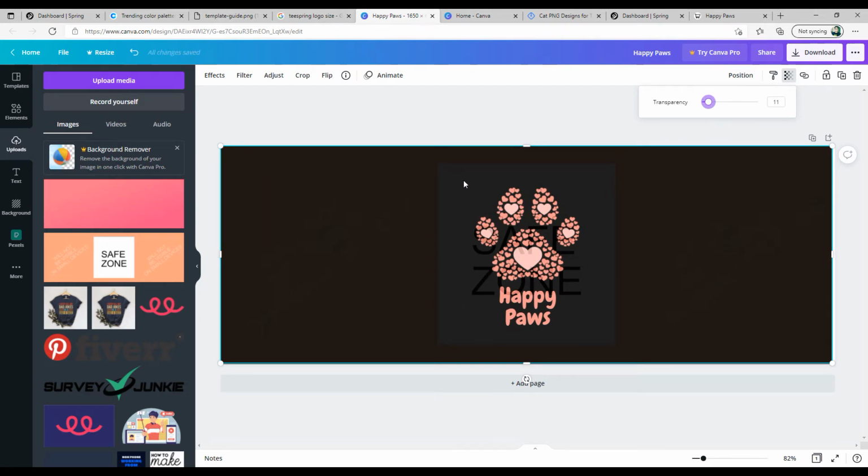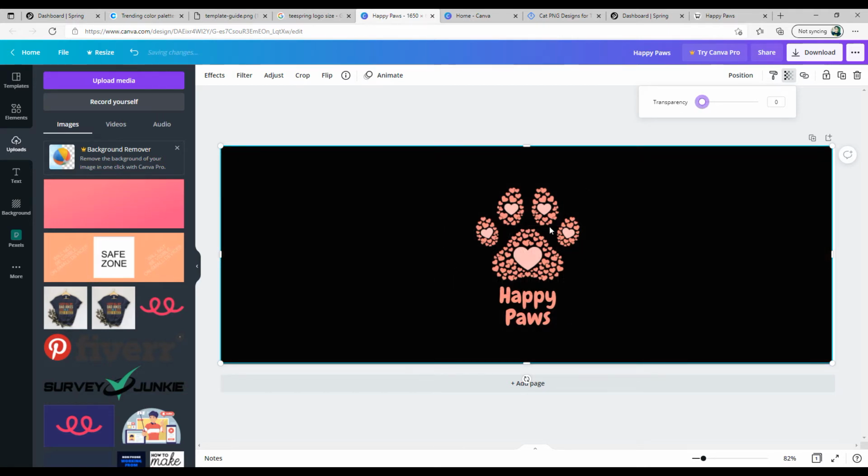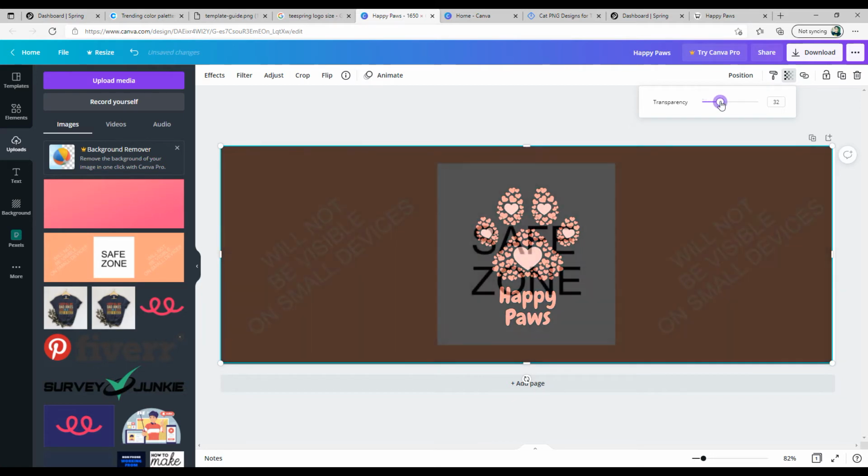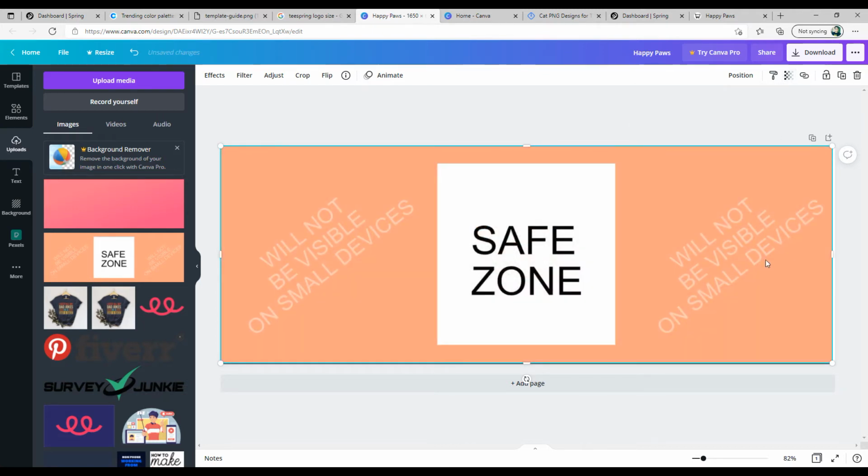This is the area which is going to show up on the mobile device, and you want your important element to be on that particular area. You should not go outside that safe zone area. If you see here, this is the safe zone area, and this design should not go outside, because if it goes outside, then probably there is a good chance that this is going to be cut off on the mobile devices. So once you have made sure of that, then what you need to do is just click and delete it,